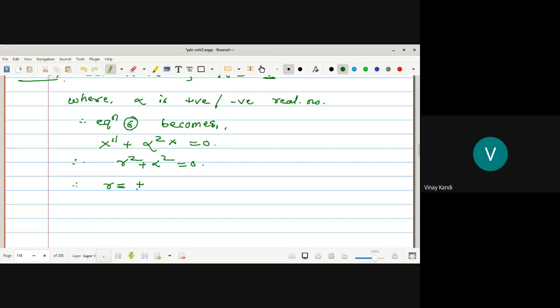Determinant plus or minus i alpha. Therefore, the general solution of the differential equation is given by, okay, the general solution of this differential equation is given by X of x is equal to